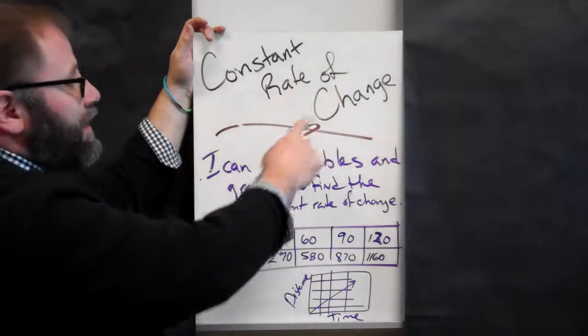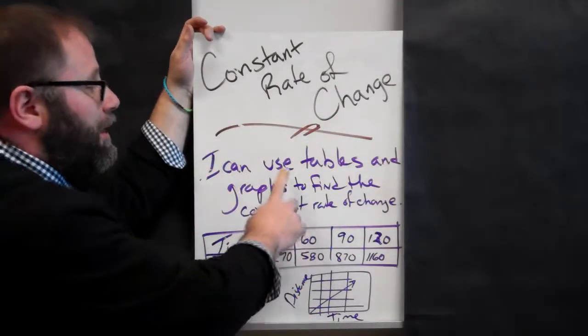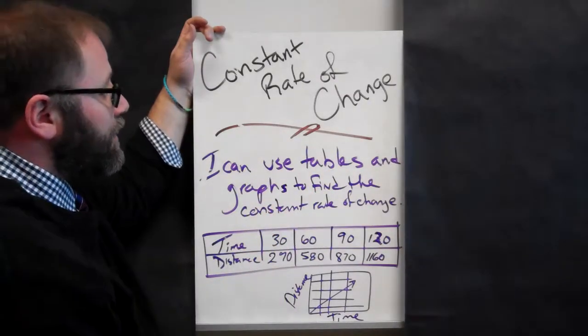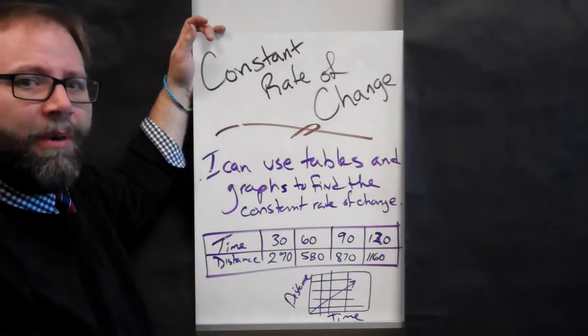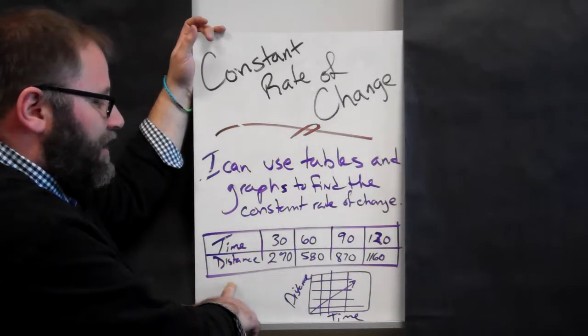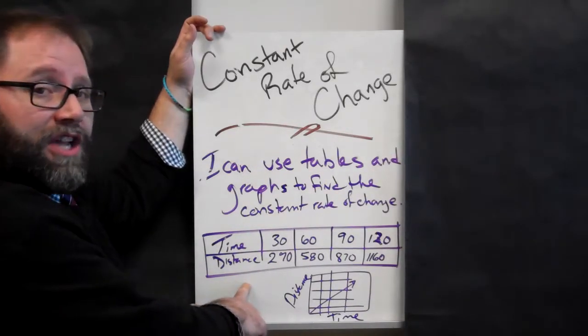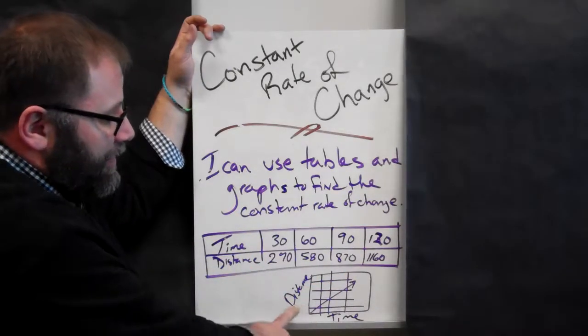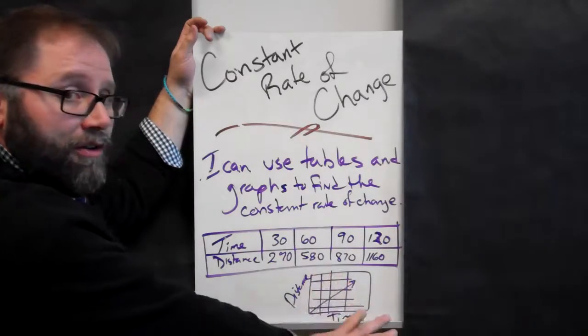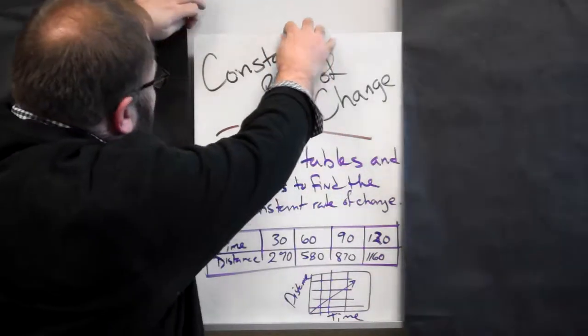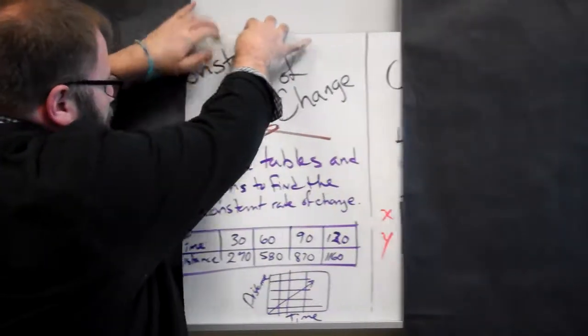Here we go, constant rate of change. By the end of this, you should be able to use tables and graphs to find the constant rate of change. What is the constant rate of change? We'll talk about that in slide 2. But by the end of this, you should be able to find the constant rate of change of this table and the constant rate of change of the graph that I provide at the end, not this graph. Do not try to graph that. So let's move this dangerously forward